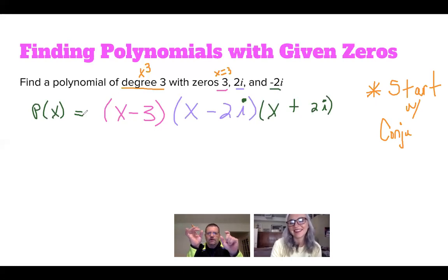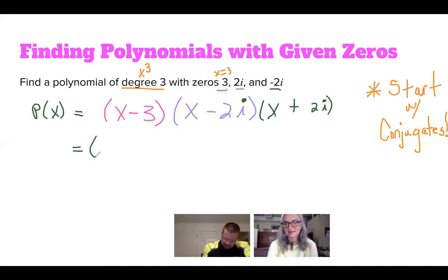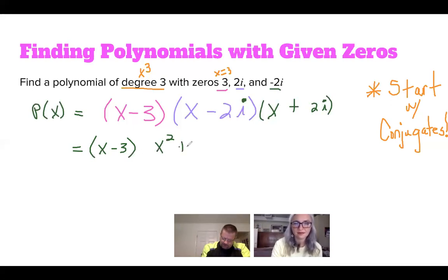The purply one and the green one, because something magical happens when you multiply conjugates. Things start to go away. So I don't always just be a robot and multiply things from left to right. I'm going to leave the x minus 3. And when I multiply those two terms on the end, I'm going to get x squared plus 2ix